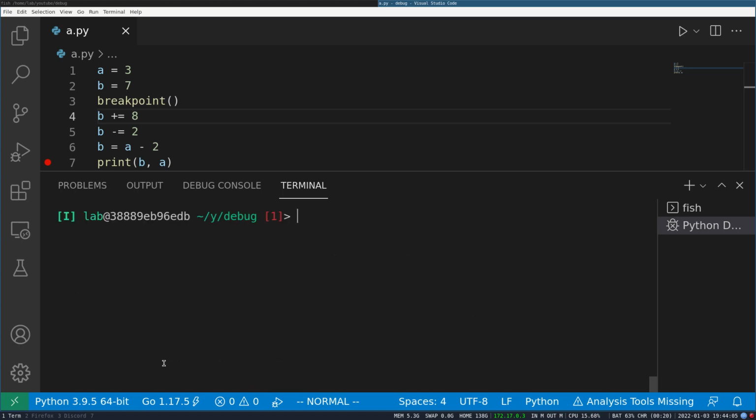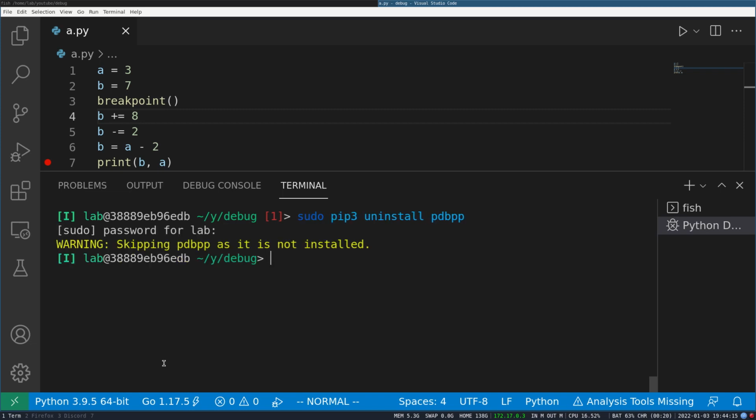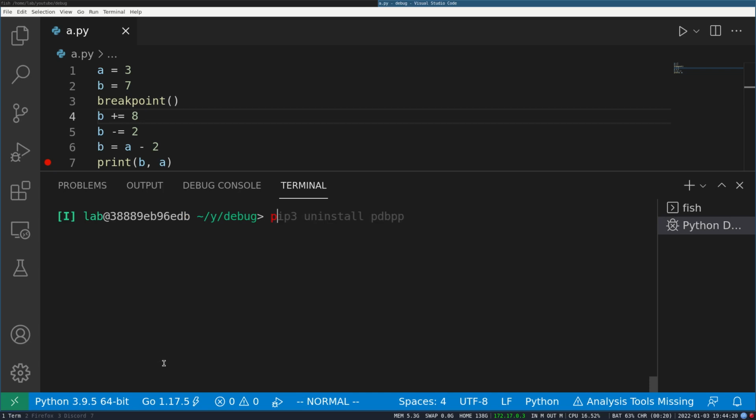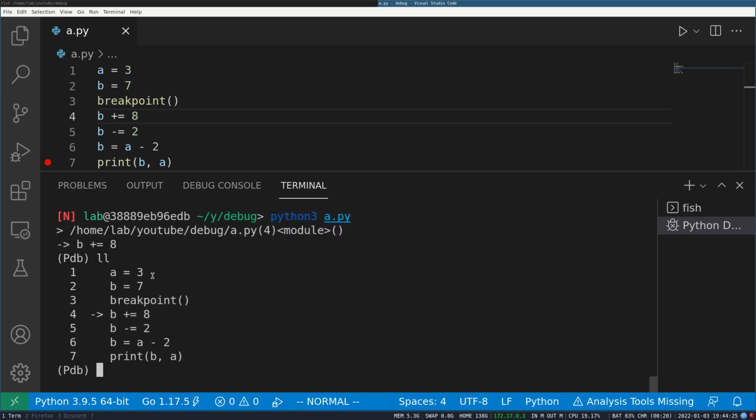And now let me show you one more thing which you might have noticed if you have used PDB before. Generally it looks something like this, where there are no colors, and yeah, I kind of hate this.